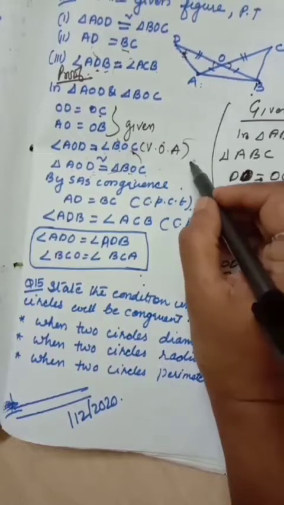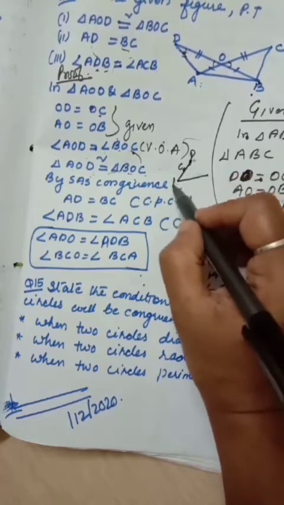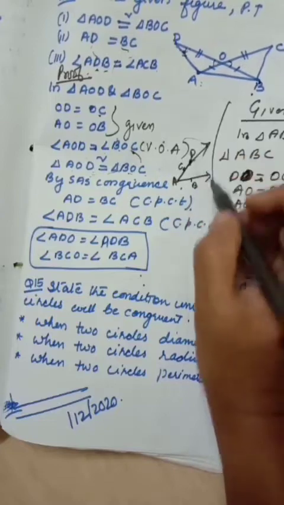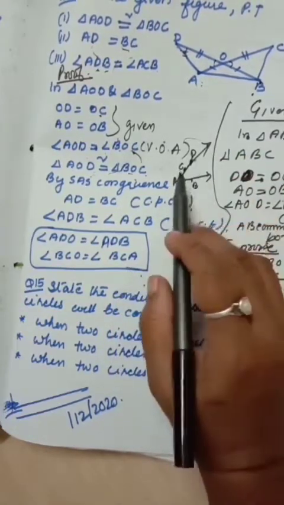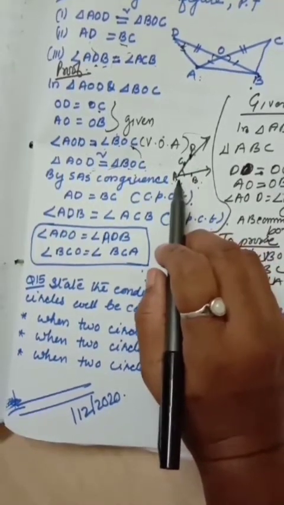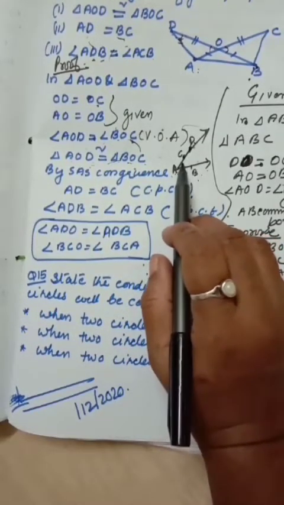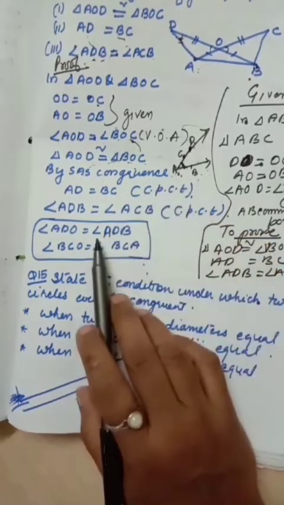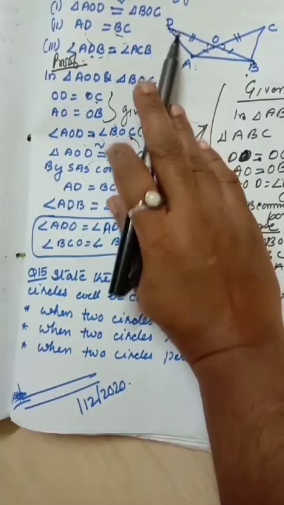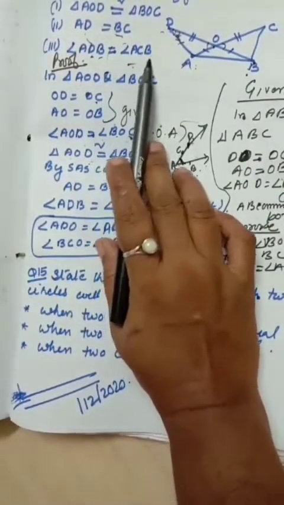Like that, see. You can say this A angle is CAB, that also A angle only. DAB, that also A angle only. You can start from here, but the middle letter should be A. That is the main angle. Like that only here also we did. ADO also D angle. ADB also D angle. So ADB equal to BCA.